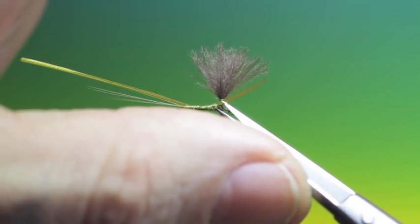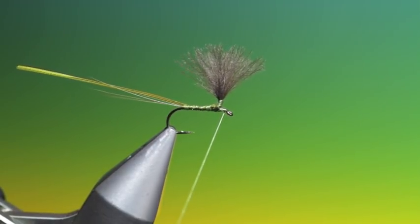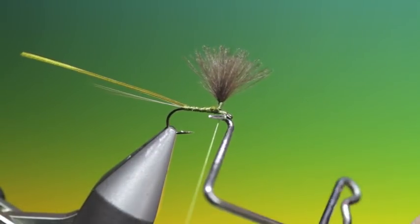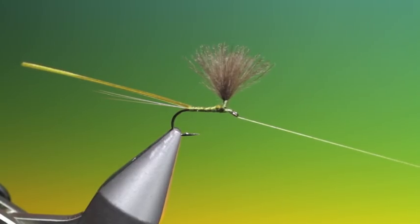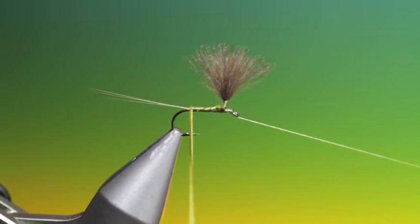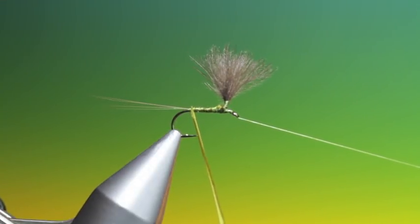trim off the surplus there, and then we go forward and we make one whip finish like so. I'll just pull my bobbin rest around. Then the hackle plier on the biot, make sure that you keep it, you see that's not quite straight, there we are, keep it straight and parallel, not twisted, and then